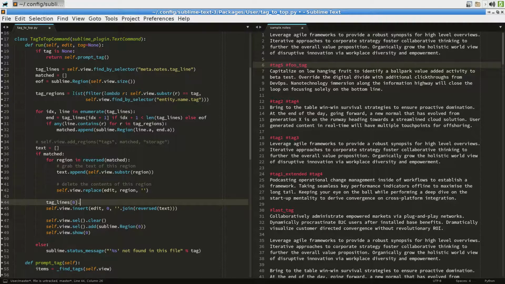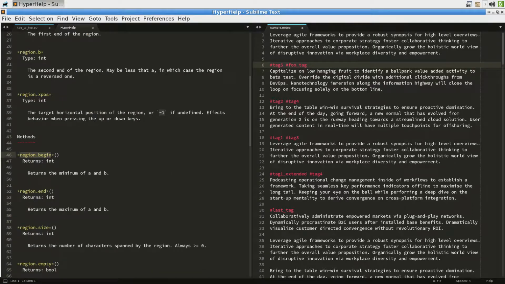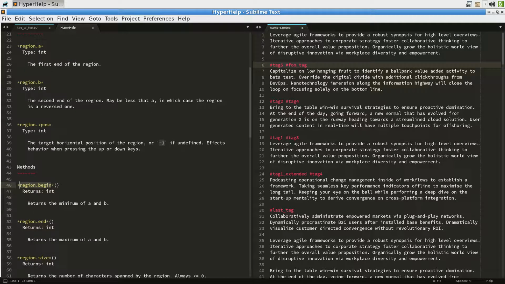And we can get the beginning point. Now, previously we used line.a, end.a, because a region has an A and a B. And I would normally actually use region.a for this because we know that in that region, the first item is always the start of the line and the end is always the end of the line. But I'm doing this to point out that while a region has an A,